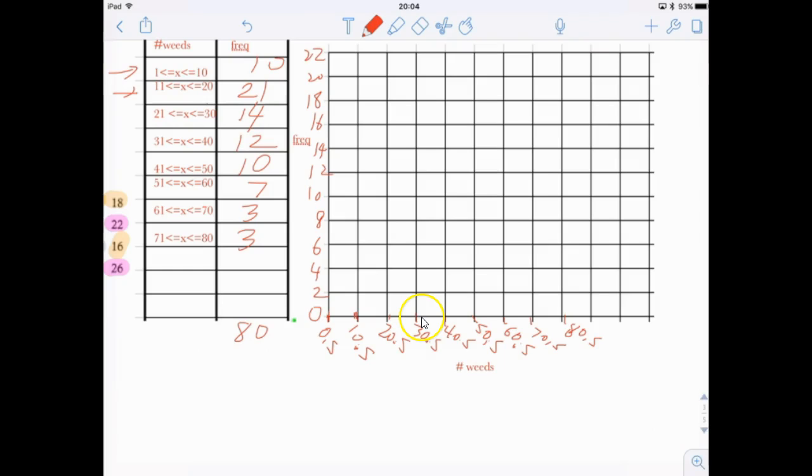So the first one is 10, second one is 21, third one is 14, next one is 12, then 10, then 7, then 3, and 3. Okay. And then we're just going to mark all these. And there we have it. There is our